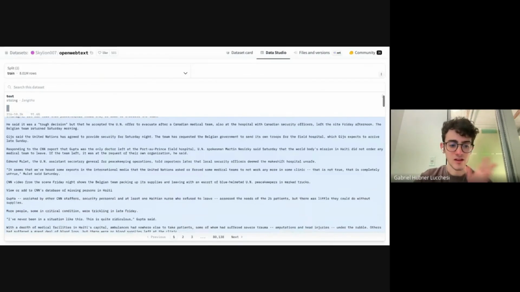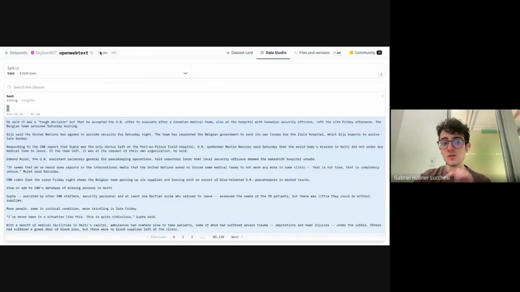This data set has the 8 billion tokens that we want. But GPT-2 was trained on 40 billion, so it would have taken another 5 days. Anyways, if you load the data set here, you're just going to use the standard Hugging Face data set. This is going to take a bit, so I'm just going to wait while this is downloading.